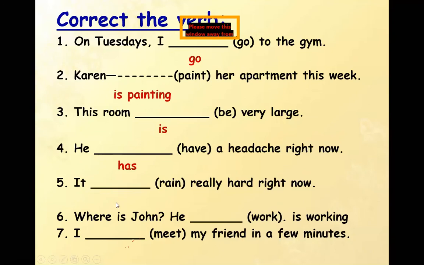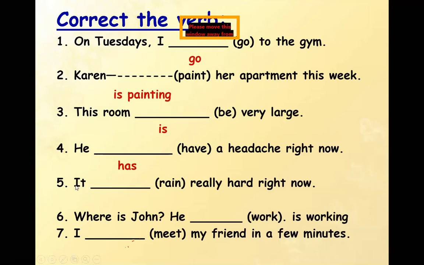Number four, I can't understand them. Okay, Teacher said we use the has. I'm going to repeat for you number 4. Has because I'm describing a state. I'm describing his صداع. So I use the has. I'm not describing an action. Number 1, go. It's a present simple. On Tuesdays, all Tuesdays.